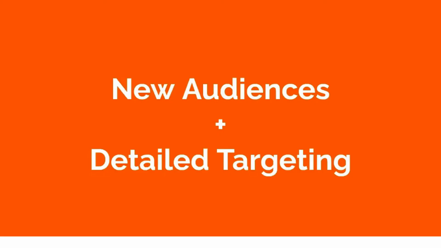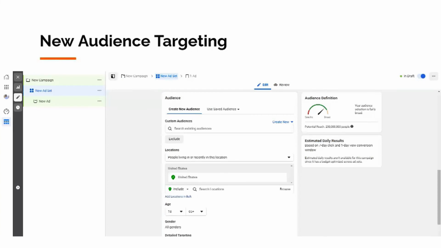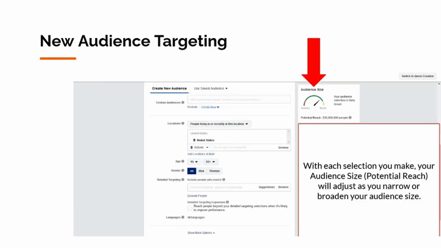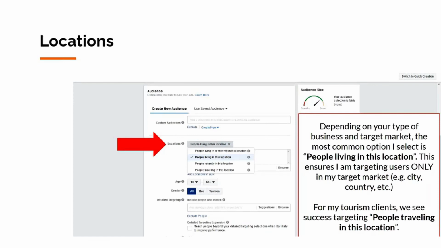New audiences and detailed targeting. New audience targeting. The final option for audience targeting is creating this new audience. This includes targeting by location, age, gender, detailed targeting, languages, and connections. With each selection you make, your audience size and potential reach will adjust as you narrow or broaden your audience size. Depending on your type of business and target market, the most common option I select for location is people